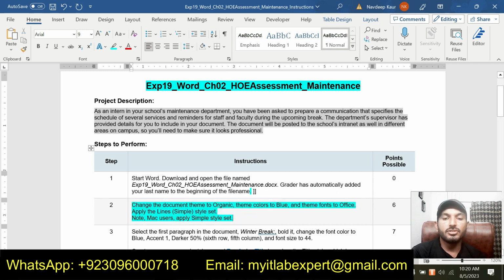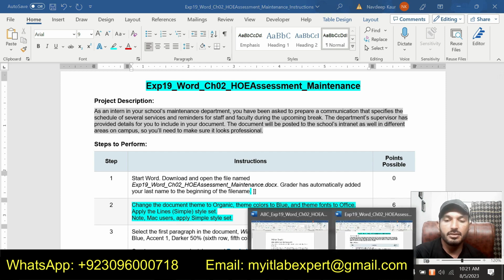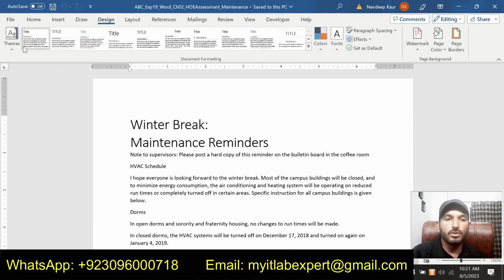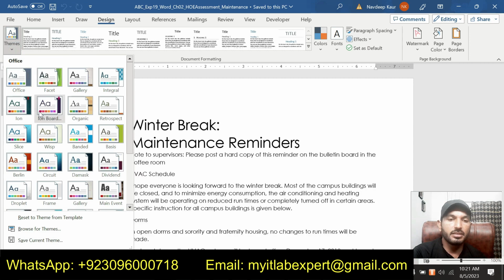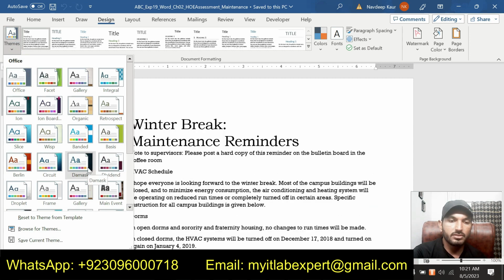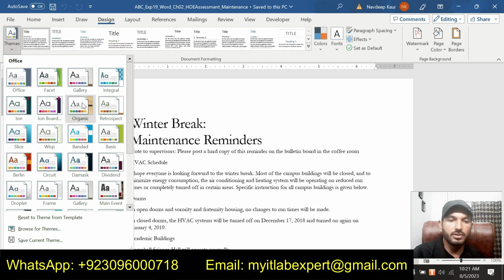Step number 2 is change the document theme to Organic, theme color to Blue, and theme fonts to Office. Apply the Lines (Simple) style set. First we change the document theme to Organic. We go to the Design tab, then Themes, and select Organic. This one.